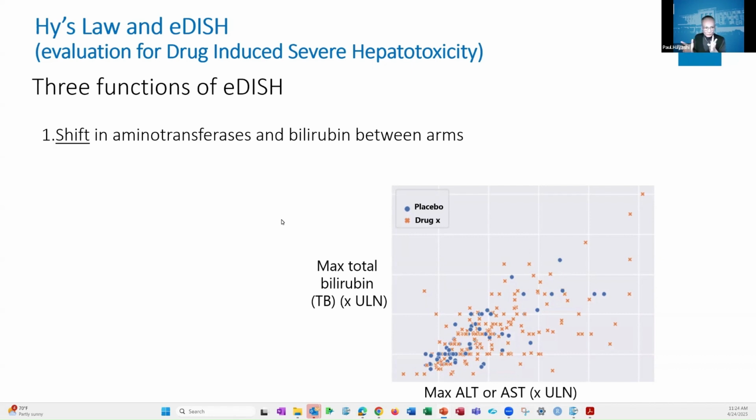Because a scatter plot has the greatest power when you don't put those categories on it, right? You just want to look at the overall shift because it has the most power, most data on it. It lets your eye see everything. And here, as you can see, the drug is a little more to the right and up, so more east and northeast, if you will.